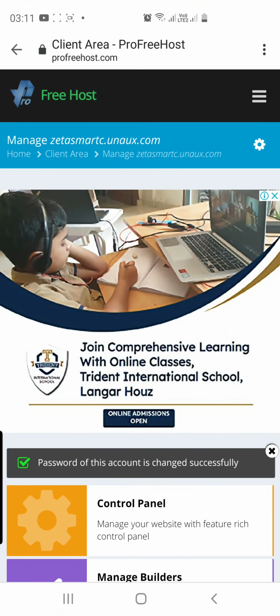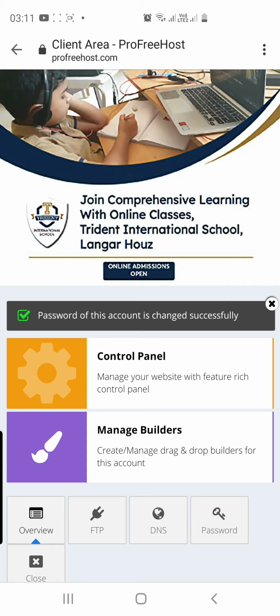Now come back here. Since the website is created, one of the few things you can do is install some software to edit the website and put content on it. Some people right away want to go to the FTP and different accounts and code their website. Some people, if you are not technical and don't want to spend too much time on technical details in developing the website, can use some of the options. So we can click on control panel and get those options, like you can use WordPress, which is one of the software used to build websites. So let's click on control panel and see what options we are given here.